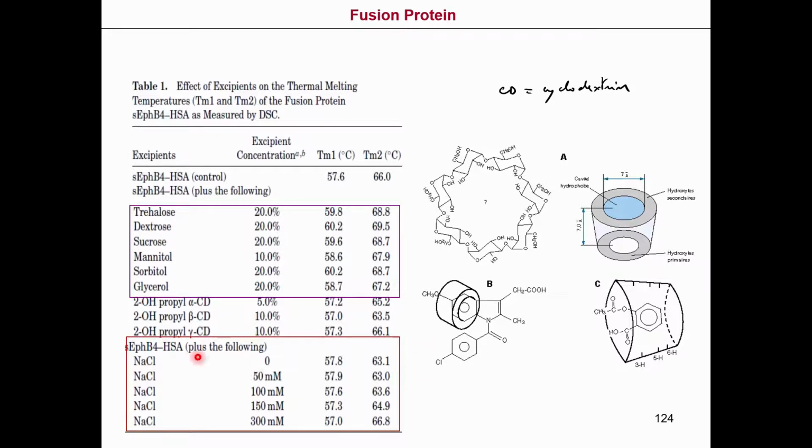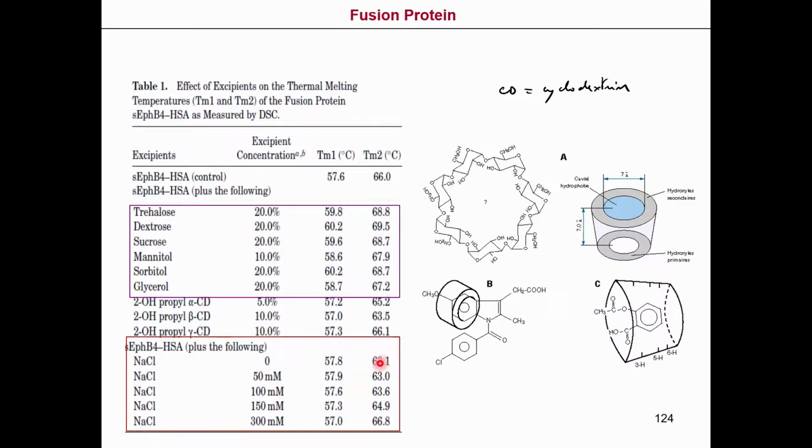Okay, and the third type of excipient is the salt. And you can see that with a high concentration of salt, we have the same TM1 and TM2. Otherwise, in the case when you don't have any salt, you have a decrease. So by increasing the concentration of salt, you increase the stability of the fusion protein,